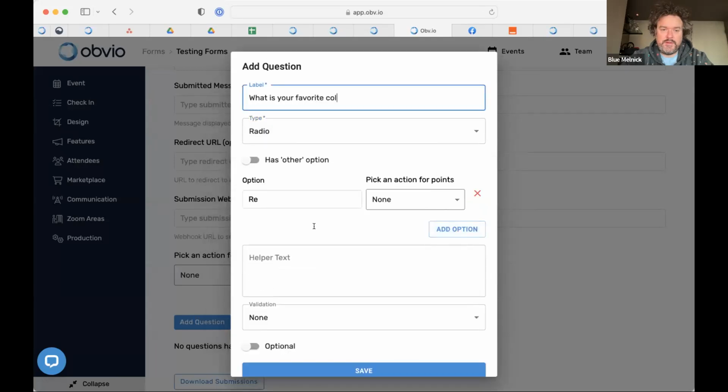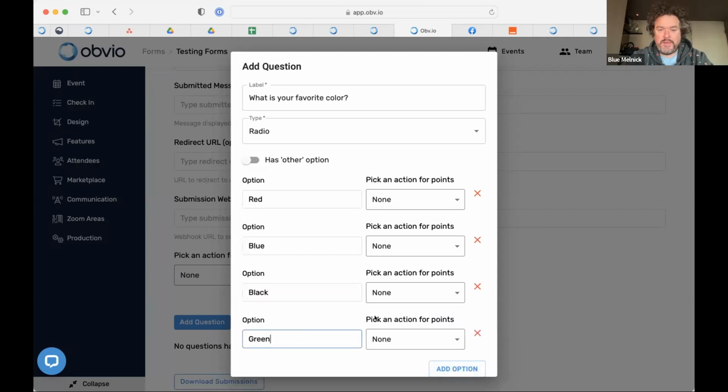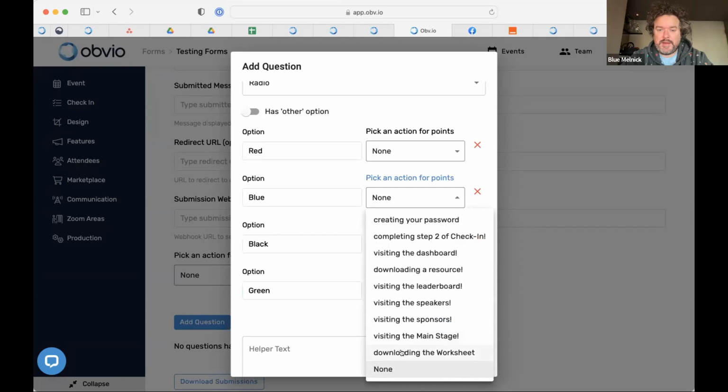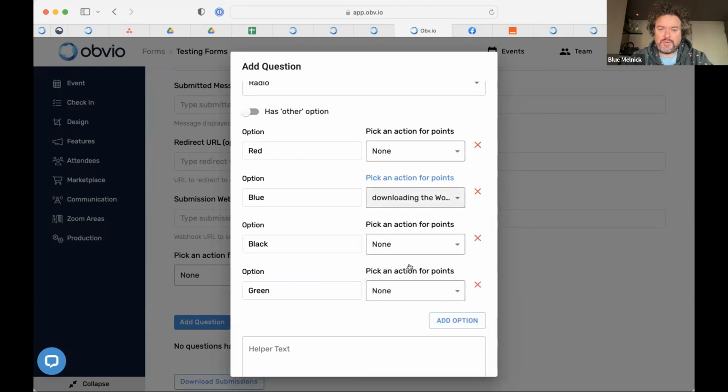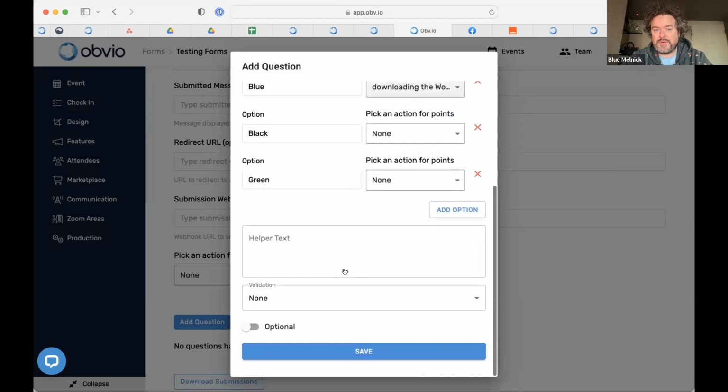Red, blue, black, and green. And let's say I wanted to say, okay, I want to give people points if they select blue. You could create a custom point reward and provide them with points for answering correctly,